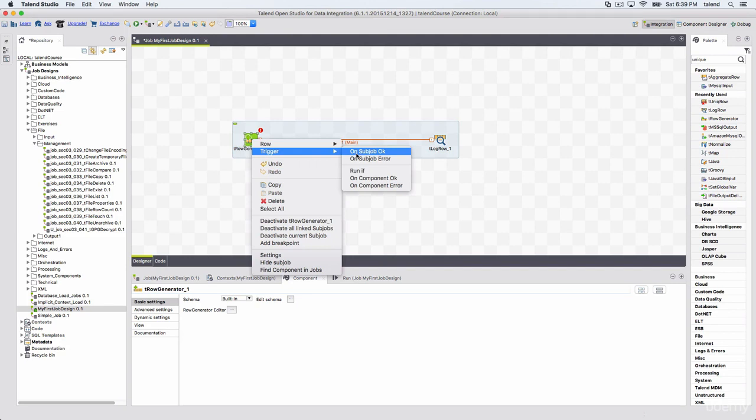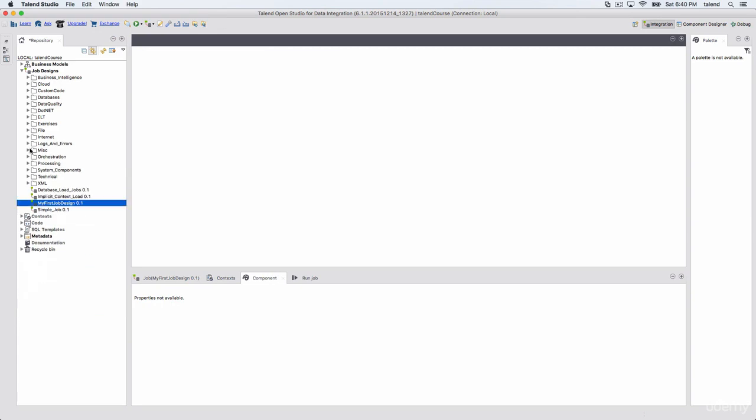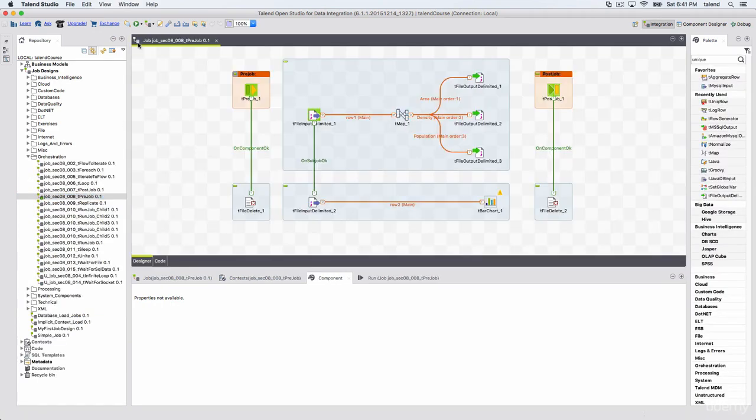On subjob, okay, when you click on this, so this is a subjob. Let me show you with an example. Okay, let's consider this example. As you can see, there are so many subjobs in this job. So as you can see, this subjob and this subjob are connected with a trigger connection type, which is called on component okay.